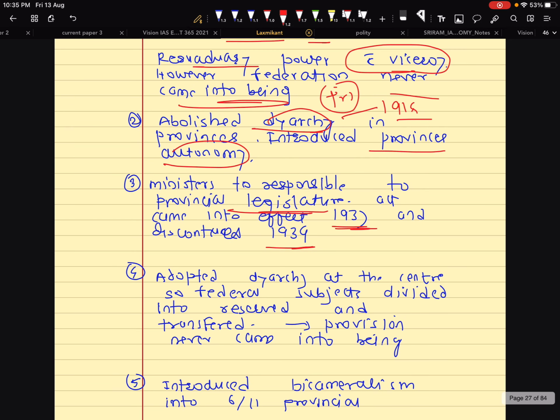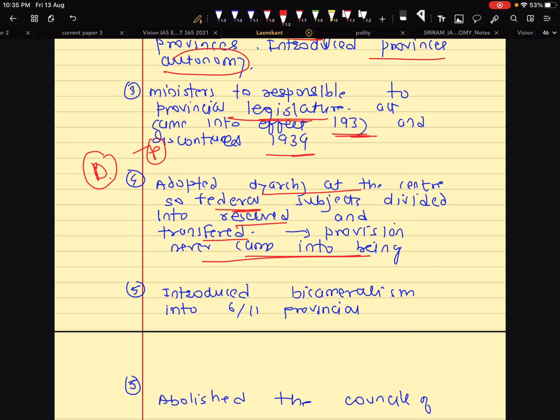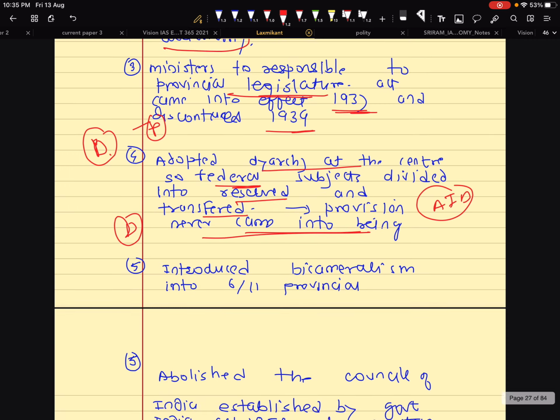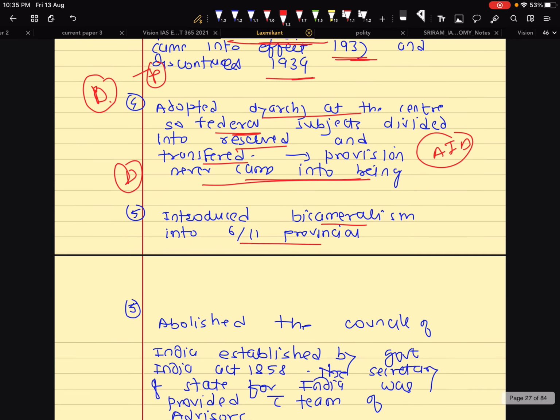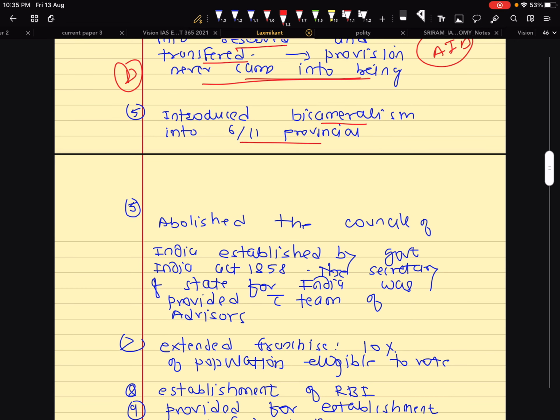But one important thing is that though they abolished diarchy at the provinces, remember, they again introduced diarchy at the center, and subjects were again divided into reserved and transferred. However, this provision never came into being. It was the same as the All India Federation, which never came into being. Also they introduced bicameralism in 6 out of 11 provinces. Also they abolished the Council of India,